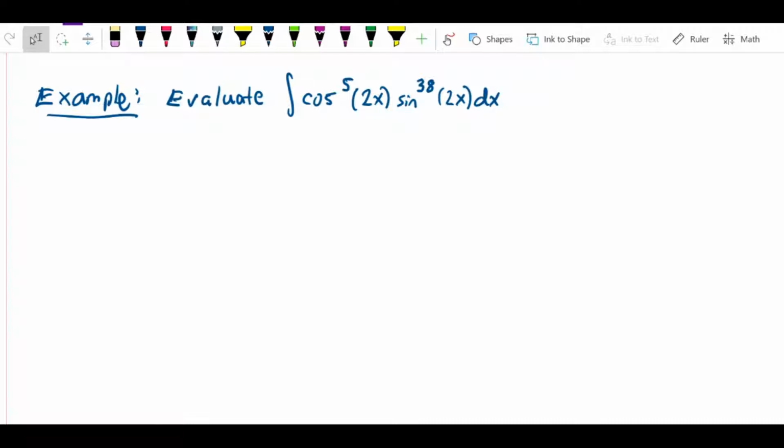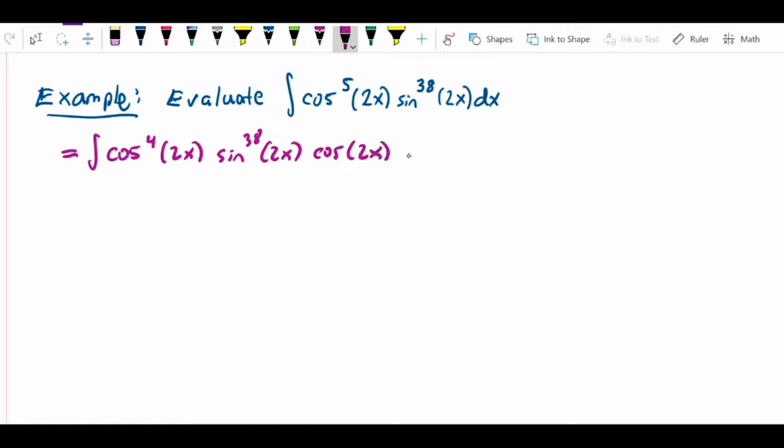So here's how we're going to do this. We're going to observe that, as usual, we look for the odd power if there is one. In this case, there is. Cosine is being raised to the fifth power, an odd power, and this is the term that we're going to peel off one of. So let's rewrite this as the integral of cosine to the fourth 2x sine to the 38th 2x